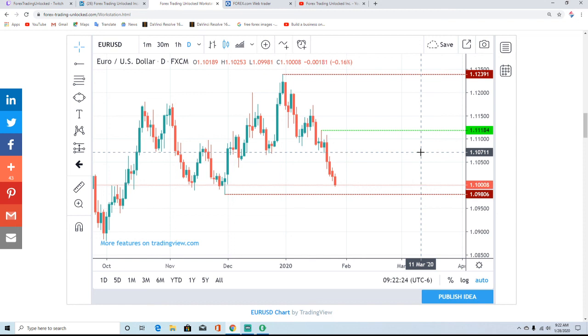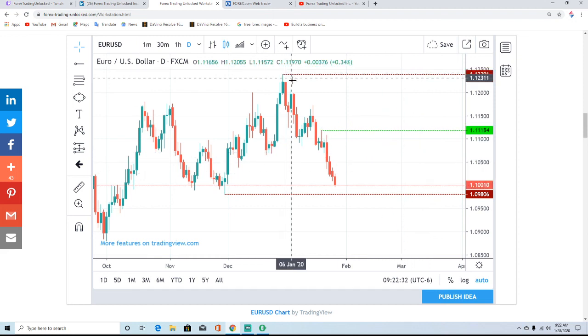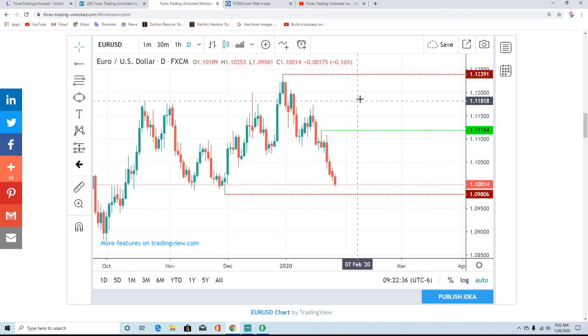And when it does start to snap back, remember, markets go out like they come in, and this market is very vertical in the Euro US dollar. This is not that much of a range. If you look at the high was $1.1239, and now we're at $1.10 even. So you're only looking at less than a 2.5 cent range so far.